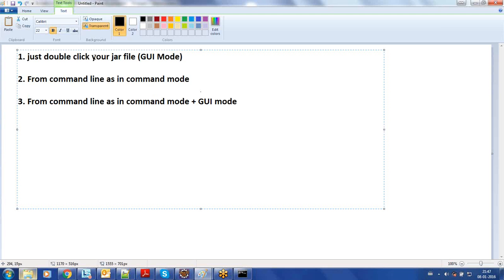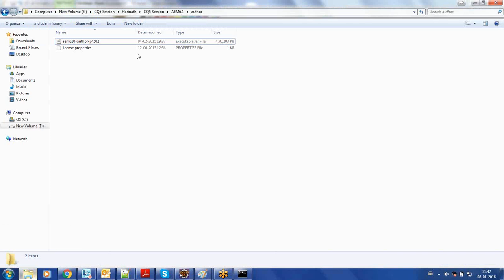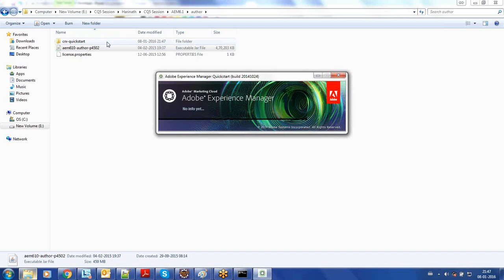Means you can install the CQ server in your local. The first way I will show you is just double clicking the jar file. Just I double clicked. If you observe in the file system,